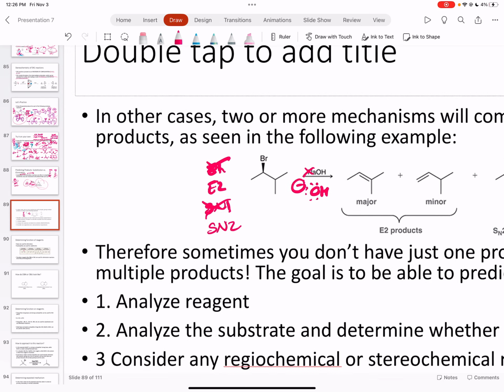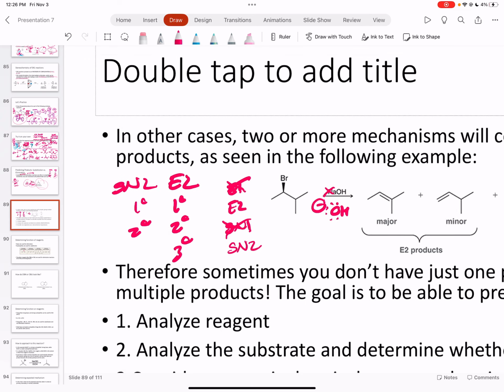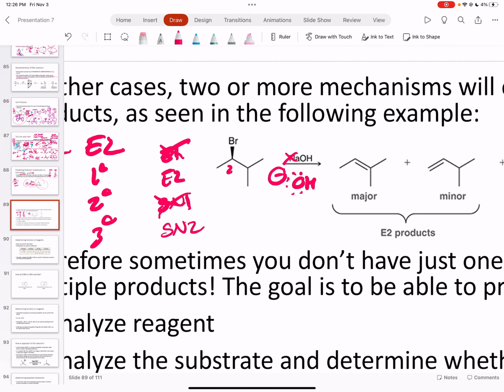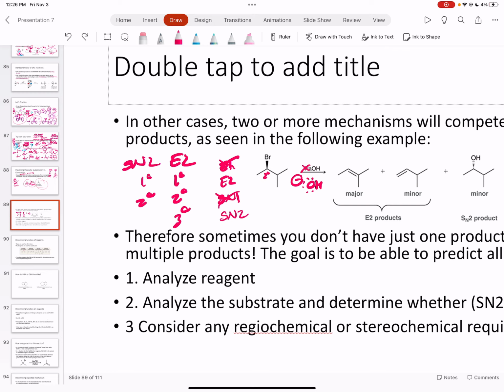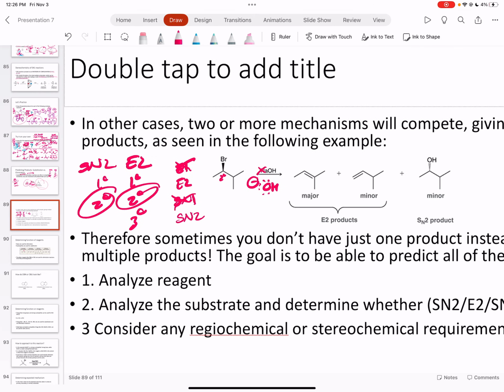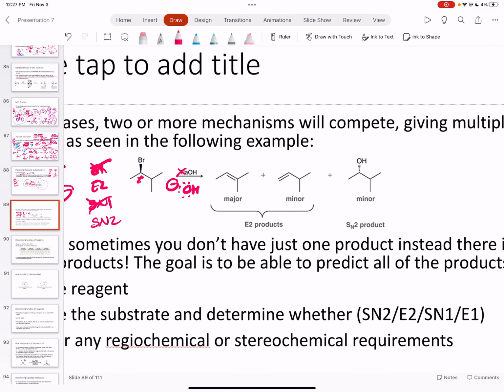But remember what we said previously: SN2 happens on primary and secondary, and E2 happens on primary, secondary, and tertiary. And luckily, this one is a secondary because we have one carbon-carbon and two carbon-carbons. So it's going to be a secondary alkyl halide. Since SN2 and E2 can happen on secondaries, we're able to get those two products. So in here we have our SN2 product,